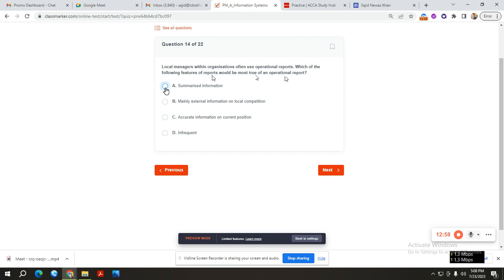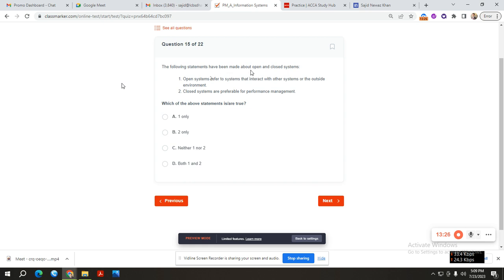আচ্ছা, নেক্সট, মেইনলি এক্সটার্নাল ইনফরমেশন, নো। অপারেশন লেভেলে মেইনলি ইন্টারনাল ইনফরমেশন নিয়ে কাজ হয়। Accurate information on current position, this could be it, but আমরা নেক্সট অপশনটা দেখি, infrequent, no. অপারেশনাল মিনস আমরা ট্রানজাকশন প্রসেসিং সিস্টেমে দৈনিক কাজ করি, সো এটা ফ্রিকুয়েন্ট কাজ হয়, ইনফ্রিকুয়েন্ট না, so the correct answer should be C. অলরাইট, ওকে, লেটস গো ফরওয়ার্ড।